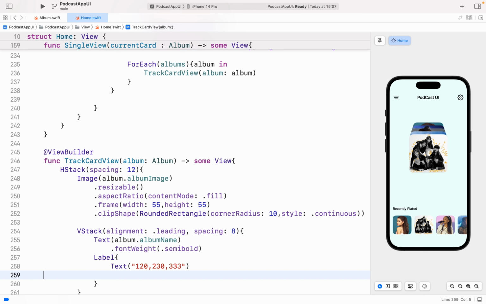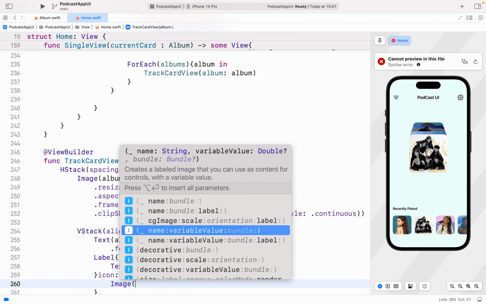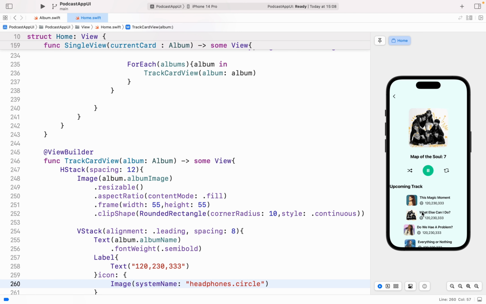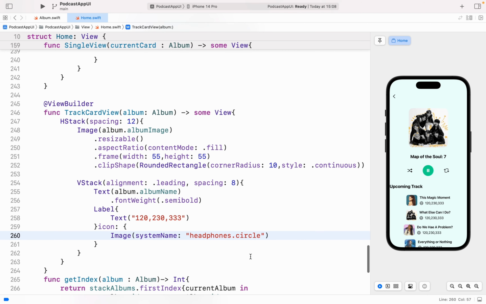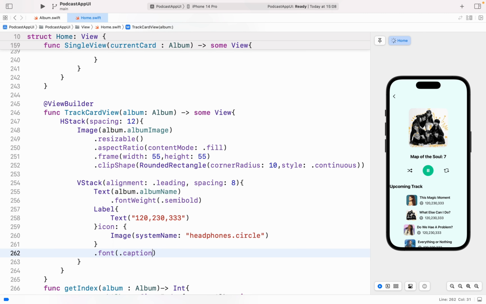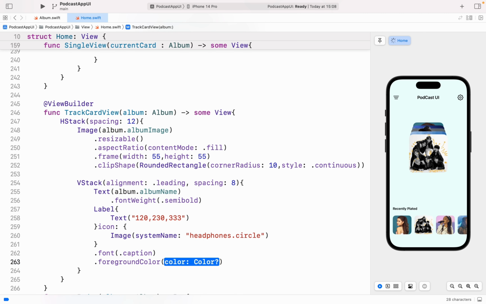So after this label, we have icon here, and the image. System name would be headphone dot circle. Yep. So let me show you quickly. So here we have it right there, and here after that we have dot font will be dot caption, and foreground color will be dot gray,